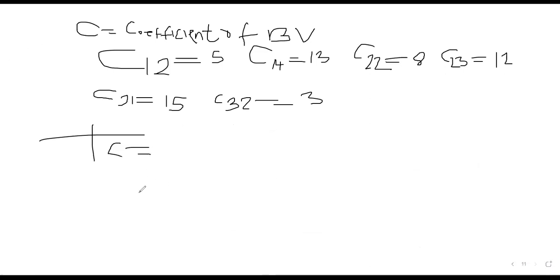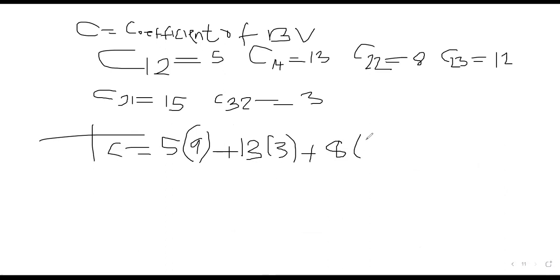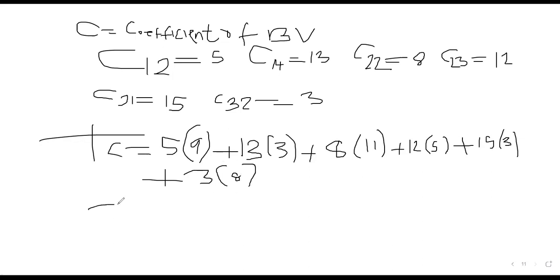Getting down here, it will be 5 on 9, plus 13 on 3, plus 8 on 11, plus 12 on 5, then plus 15 on 3, plus 3 on 8, and our total cost will be